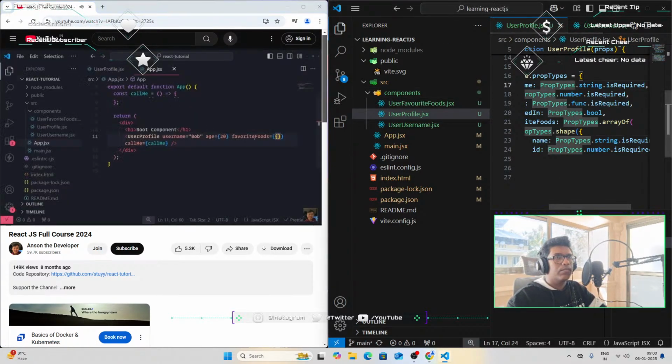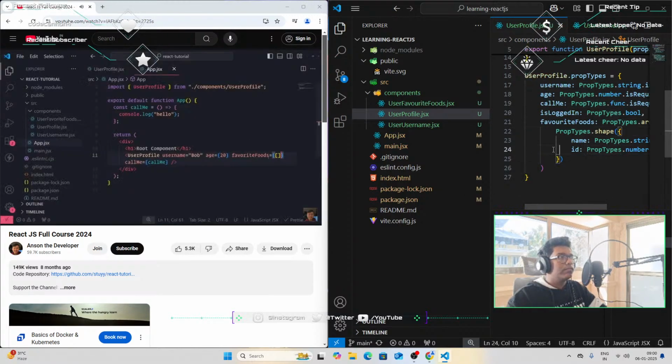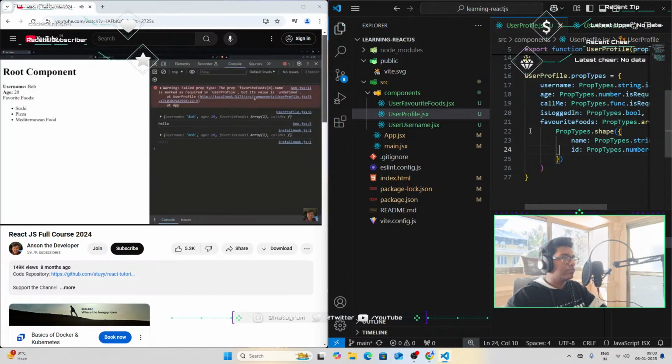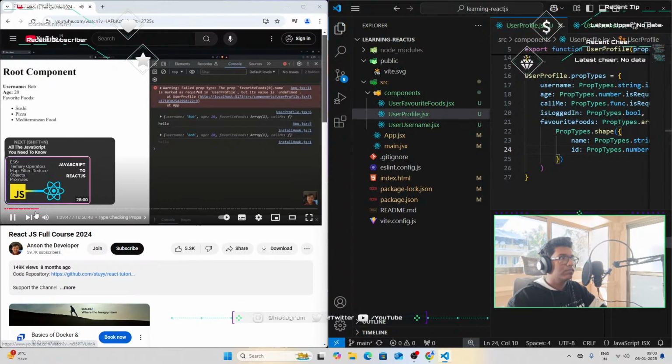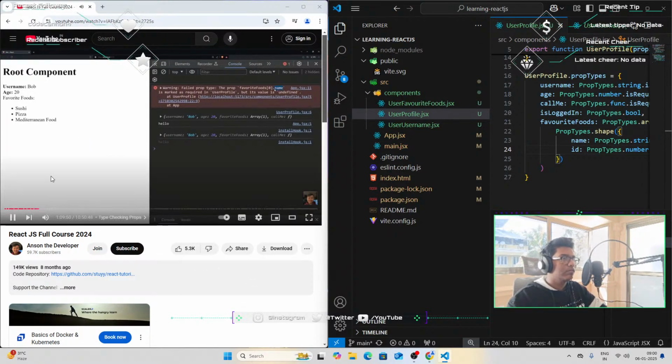It's saying that it expected an array. If I pass in an array, this works. But let's say I pass in an array with an empty object, you'll see that it now complains because although we do have an array with one element that's an object, the object is empty, and the object does not take in the correct shape. You can see over here that the shape of the object does not have the name property that is